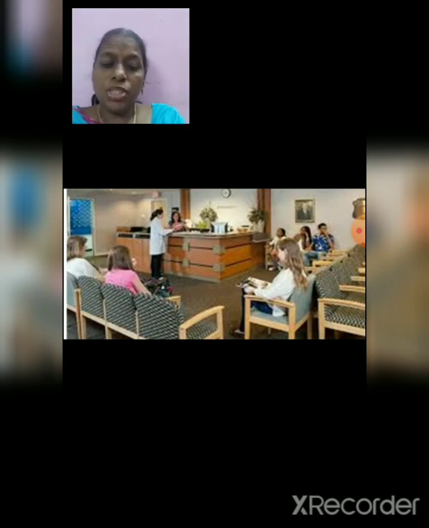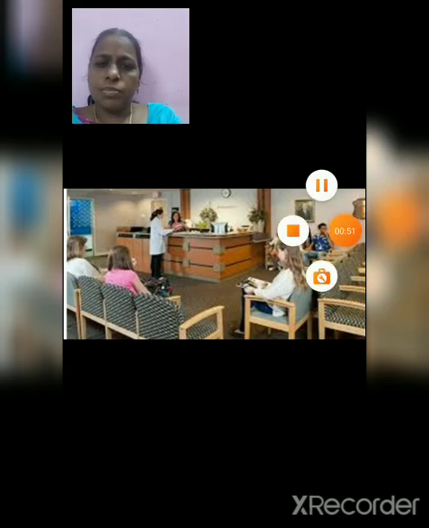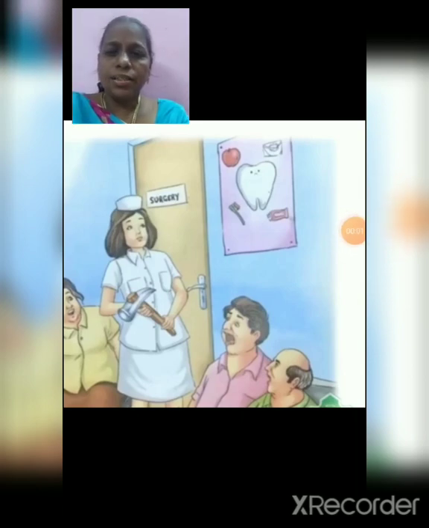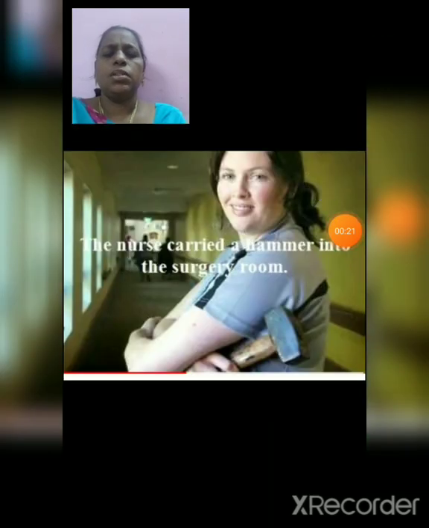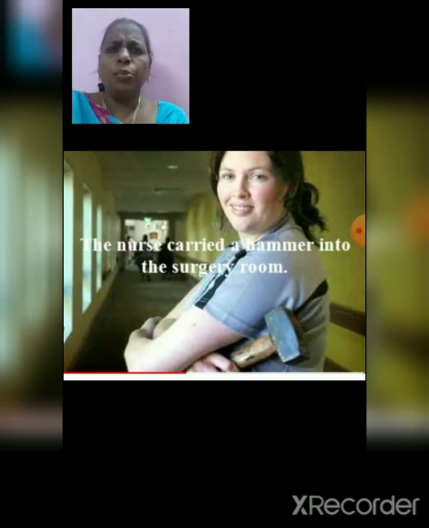Joe, the first patient, is called in. Carrying a large hammer in hand, the nurse enters. She gets into the theater, that means the operation theater. The usage of the strange tools by the dentist is observed by man 7. Simultaneously, a loud sound of hammering is heard from the surgery room. As the sound increases,